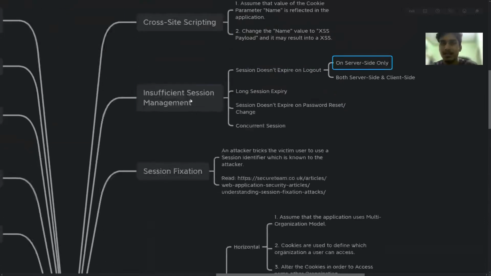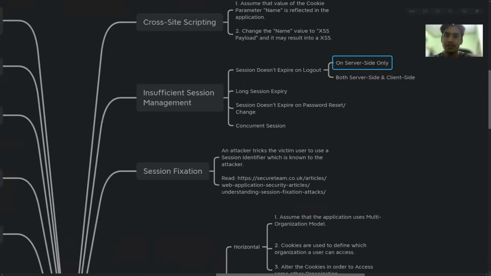Now, this is again something that everybody, I hope, looks for these days: insufficient session management, where the session usually doesn't expire on the server side, or on both the server side and the client side. When I say server side, let's say I logged out from the application manually, or the application automatically expired or timed out. From the UI, I'm no longer able to explore the application as an authenticated user.